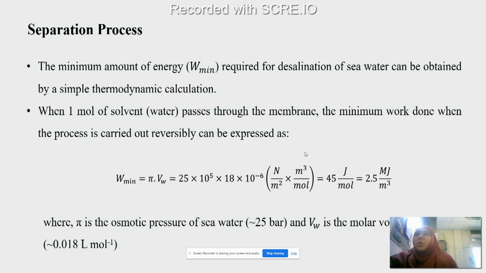So, the minimum amount of energy required for desalination of waste waters and seawater can be obtained by simple thermodynamic calculations. Here, 1 mole of solvent, meaning water, passes through a membrane. The minimum work done when the process is carried out reversibly can be expressed as in this formula. That means pi VW equals to,